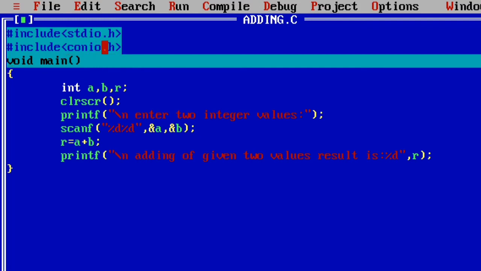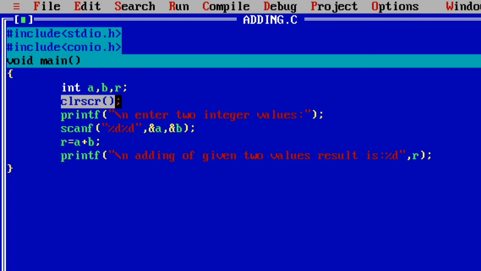Why did I include this header file? Because here I am writing the clrscr function. Clrscr stands for clear screen: clr stands for clear, scr stands for screen.